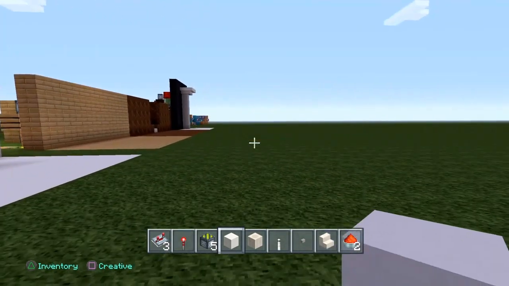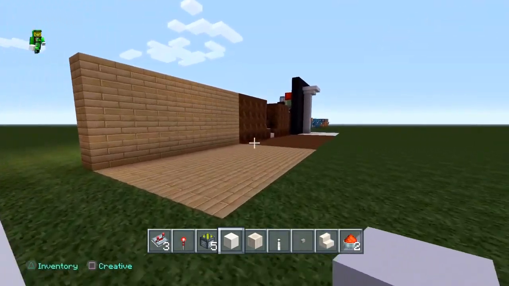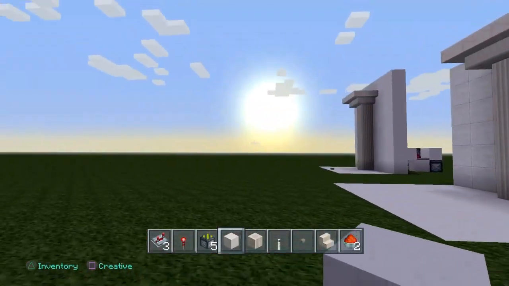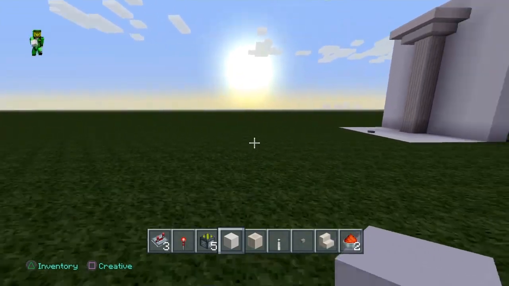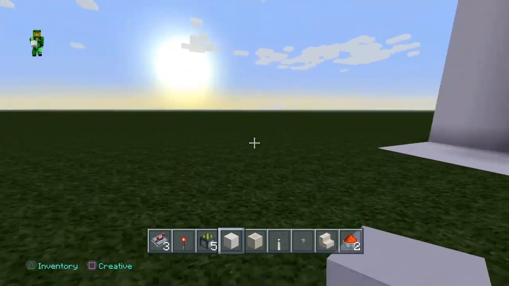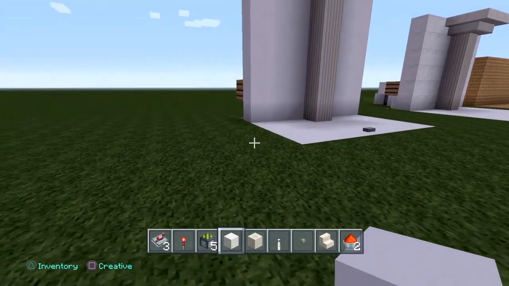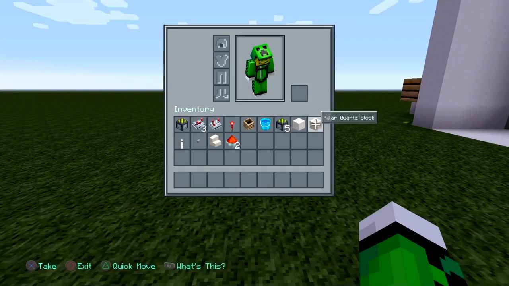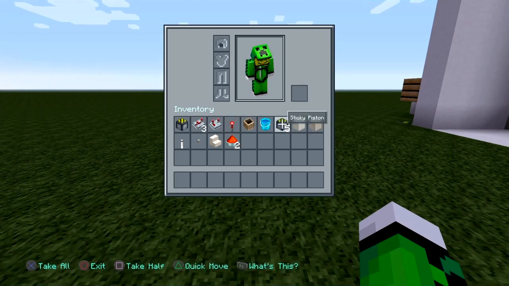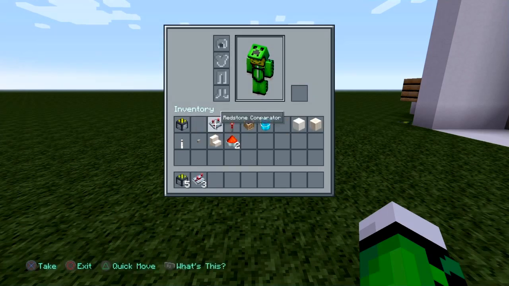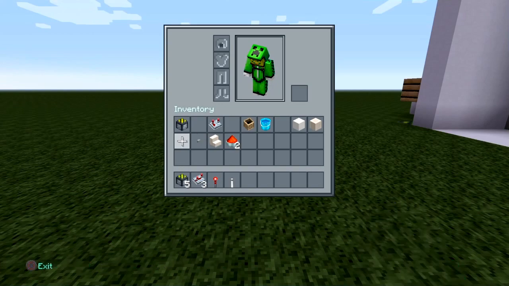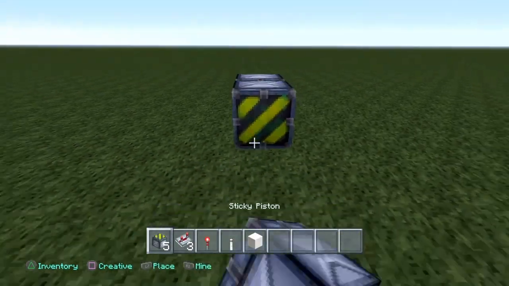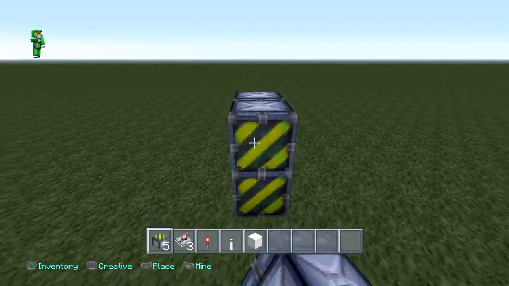And we're going to move on to the next design, which is the flat with the wall design. And just so you know, it's going to be a little repetitive because the block swapper mechanism and the button hookup and all that, it's going to be almost completely identical. We're going to empty out some of our inventory, grab our sticky pistons, repeater, redstone torch, and a lever, and blocks of choice. And the lever is just to test it. The lever is not needed